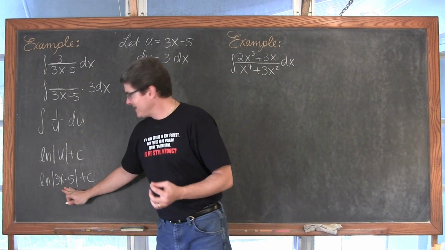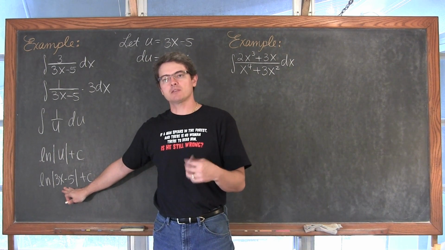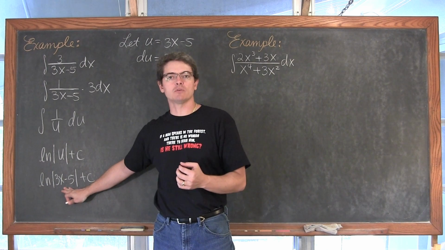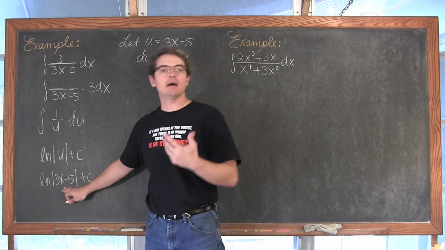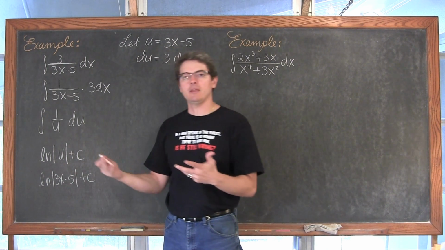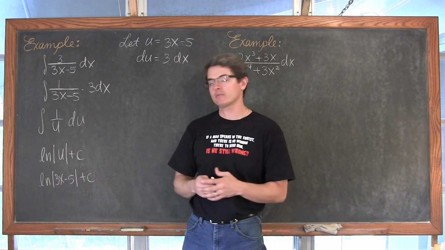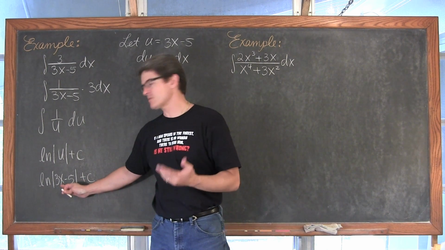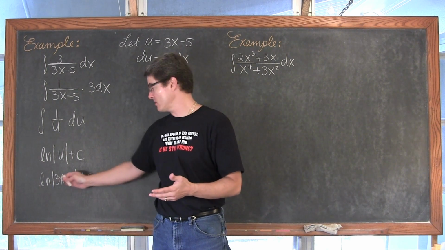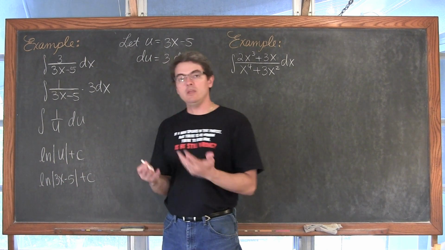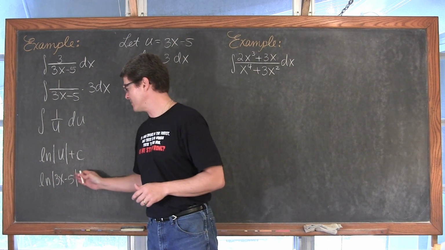If your expression inside the natural log function is such that it cannot be equal to or cannot become a negative value, then you can leave out the absolute value sign and just say the natural log of 3x minus 5. But of course, there's many values of x that can turn or allow this expression to equal a negative value, so we need to keep that wrapped up in parentheses.